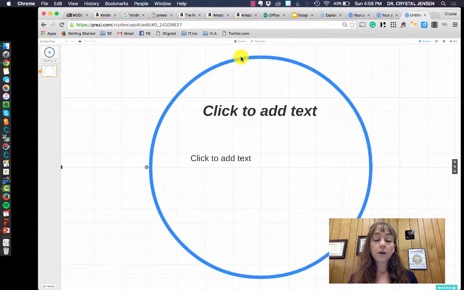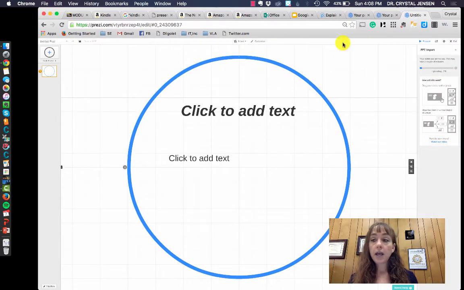Okay, so the content, so this is the presentation, and notice it's uploading here, and it's going pretty fast because I have a high-speed connection here at Southeastern. And we'll let that roll for a minute. Okay, it's at 52%. So if you just want to create it from scratch, you would click the circle frame